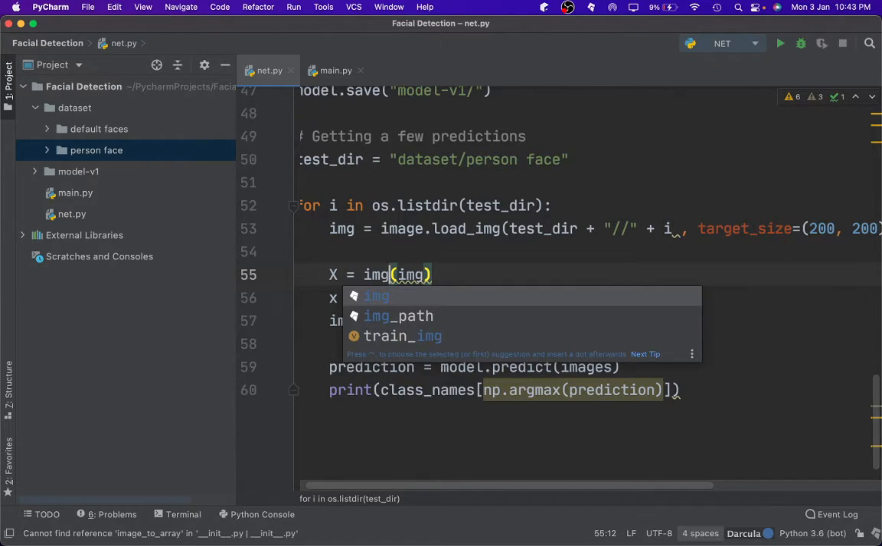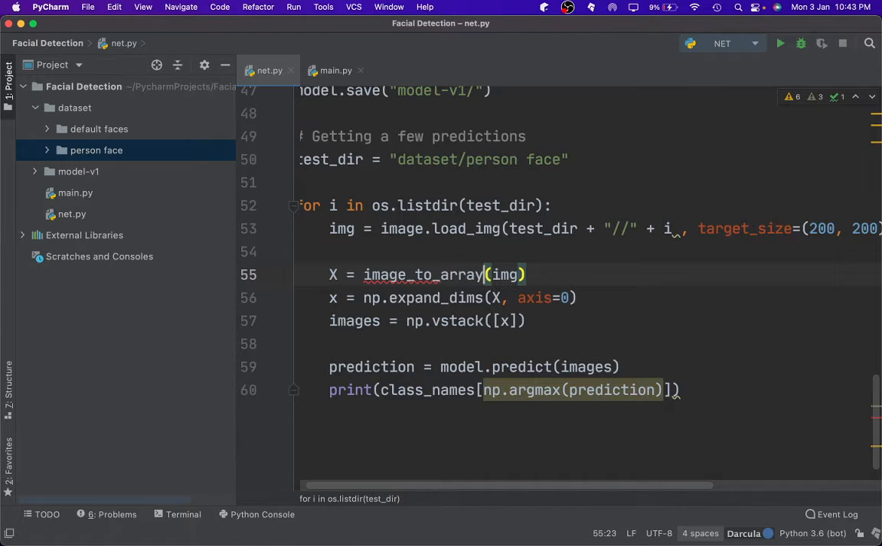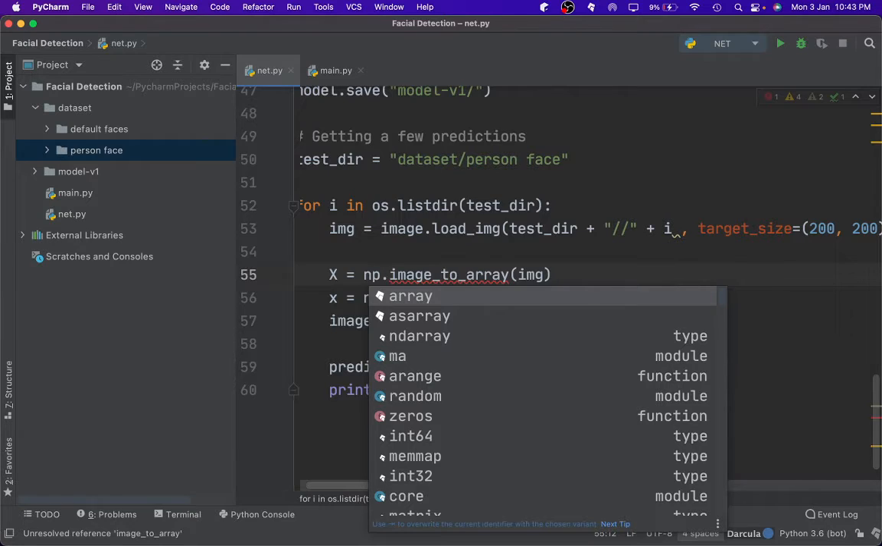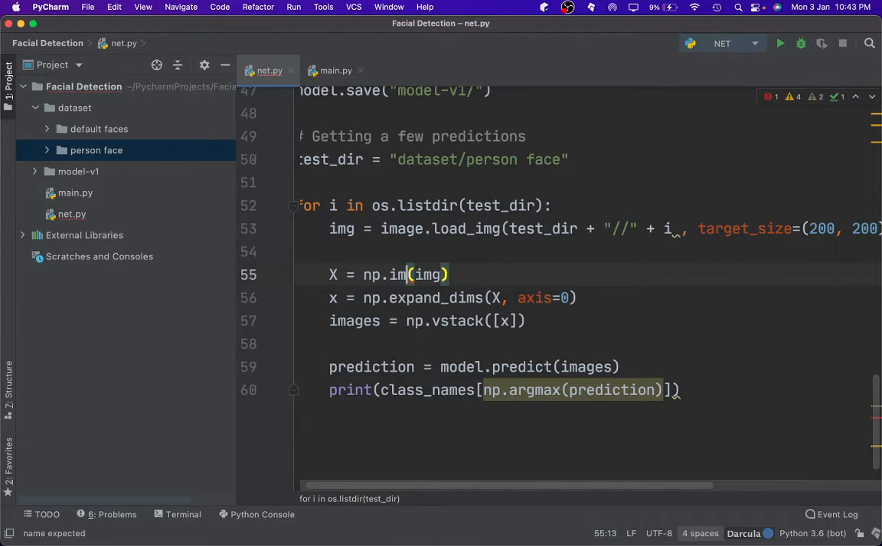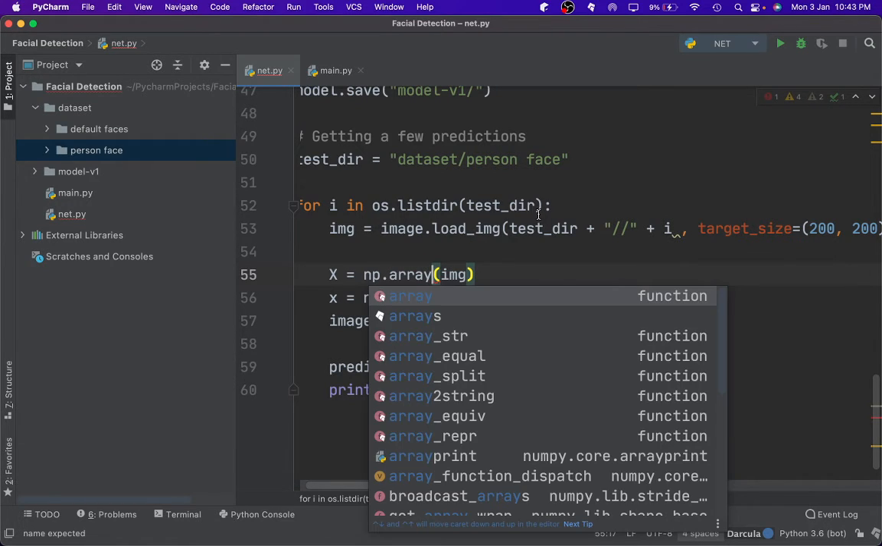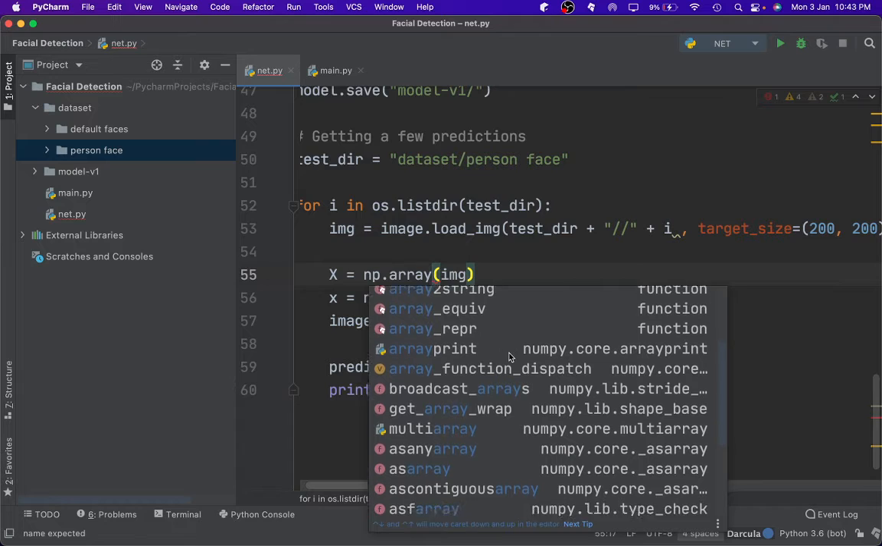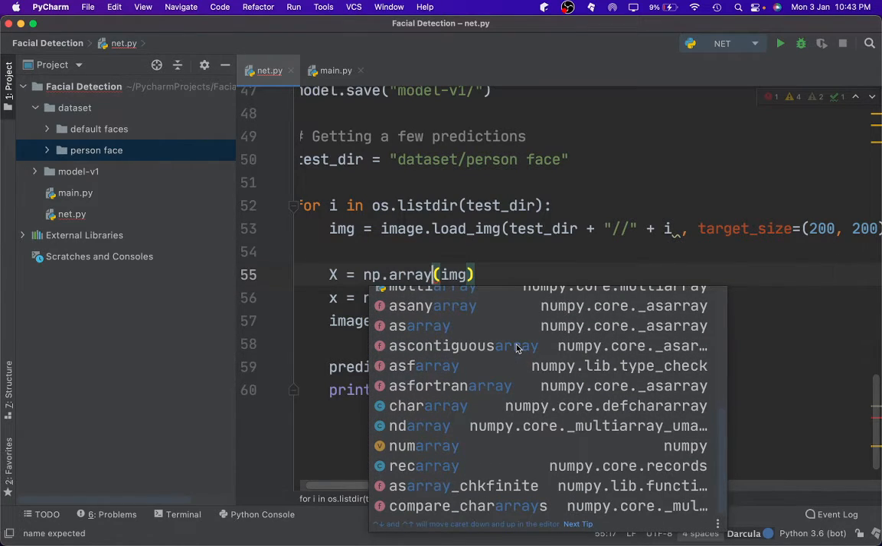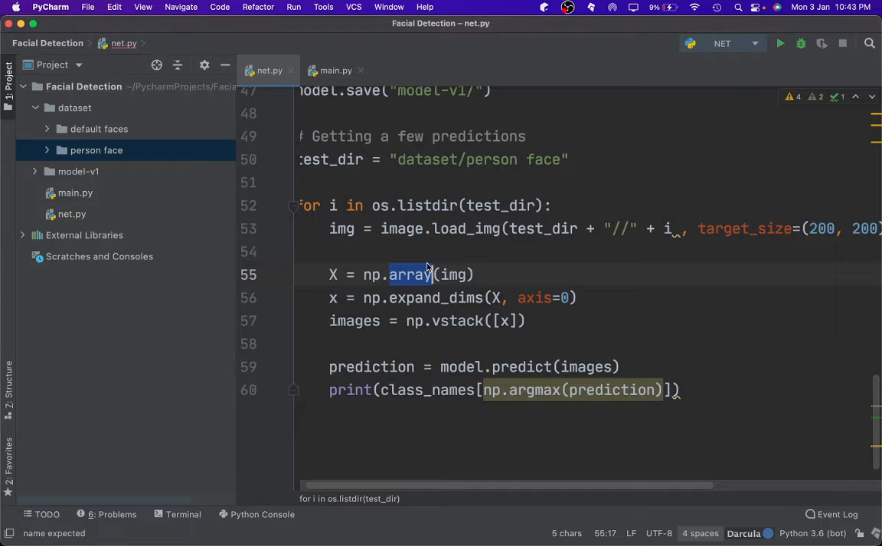What? So it was directly image to array. Image to array, np dot image command array to string. Let's type out array and see all of the possible prediction as array. Let's do something like 2 array, because